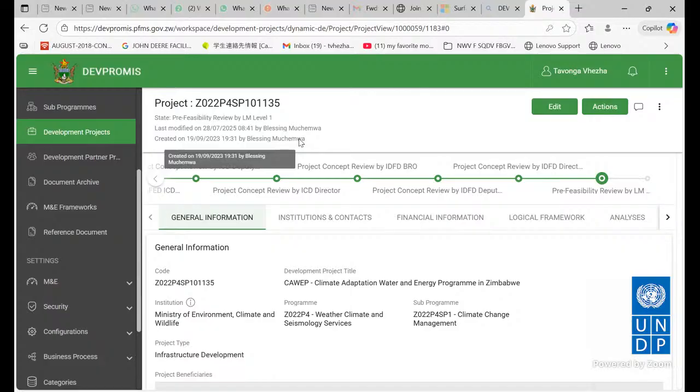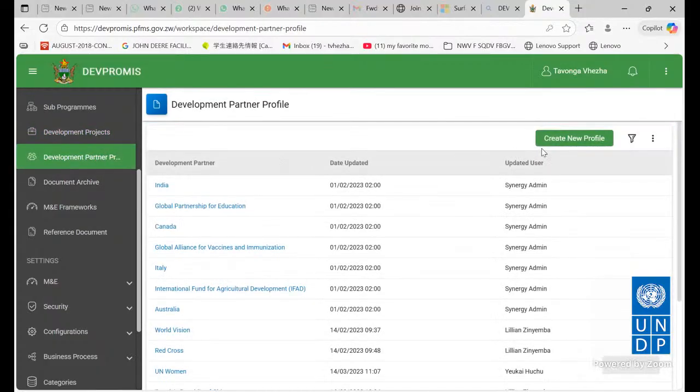Because I wanted us to be able to do an analysis from the system in terms of the relevance of the focal points that are supplying us with this kind of data, so that at least we can tell whether our problem is emanating from the focal points who might be divorced from the components under implementation project by project, or whether it is another separate explanation. Okay, so we have